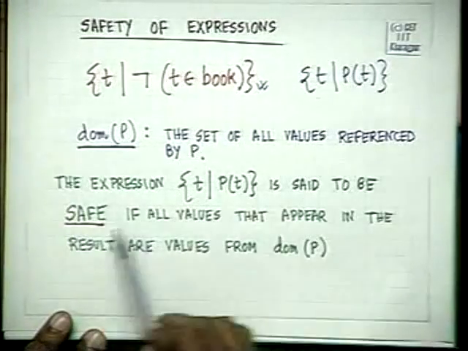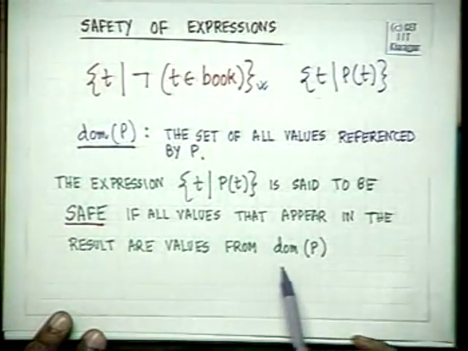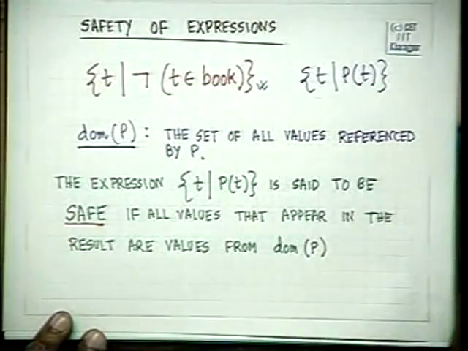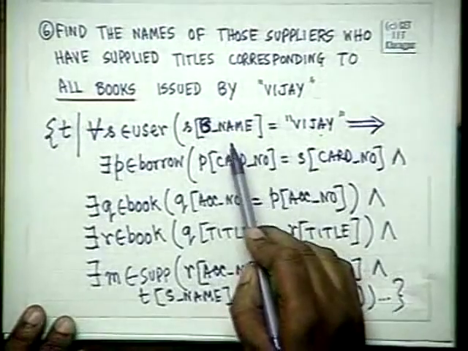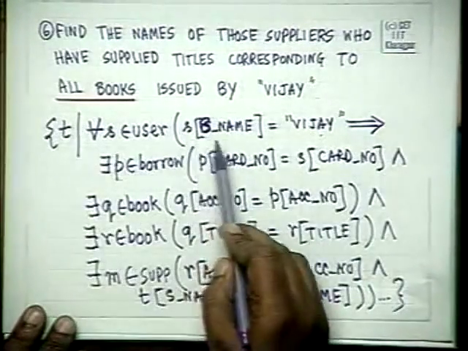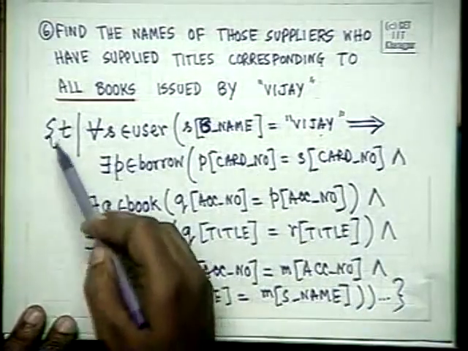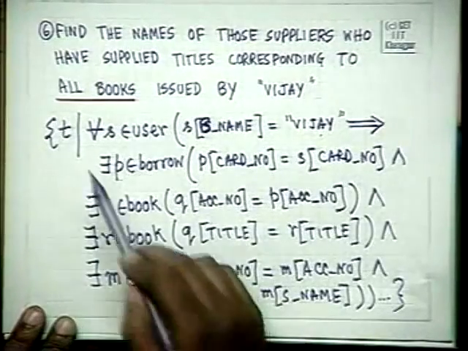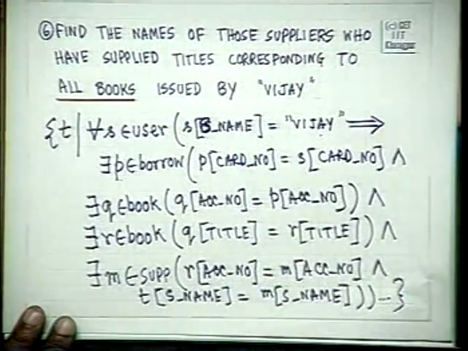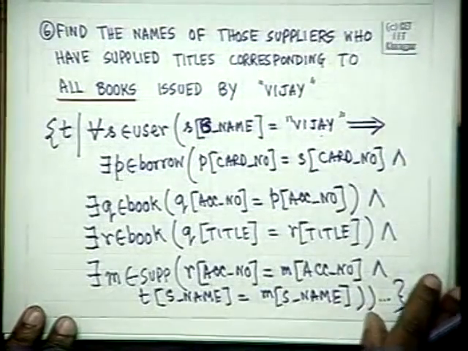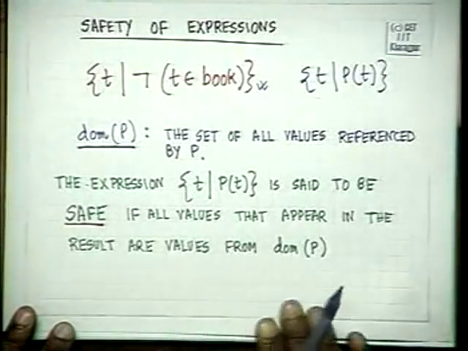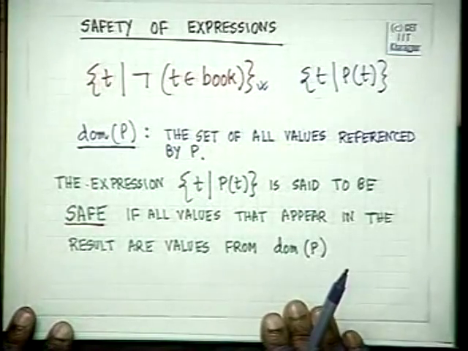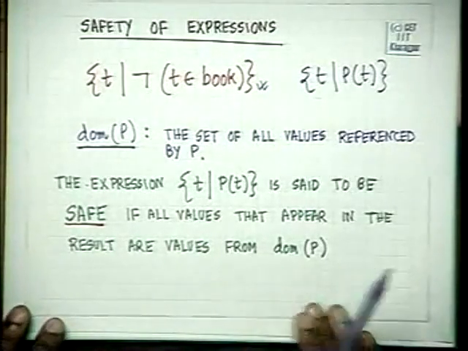So an expression is said to be safe if all values that appear in the result are values from DOM P. In this particular case, if we start including those books, if the name is not Vijay, then anything can be there, then all names can be there, even those who are not users of the library. But if we restrict it to safe expressions, then we will get only those corresponding to Vijay. So we may say that tuple relational calculus may be restricted to safe expressions, or may not be restricted to safe expressions. Okay, there are 2 categories which we can provide here,